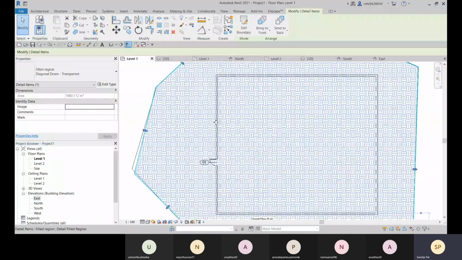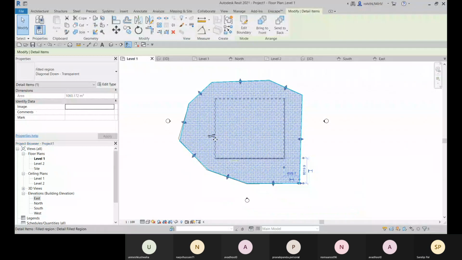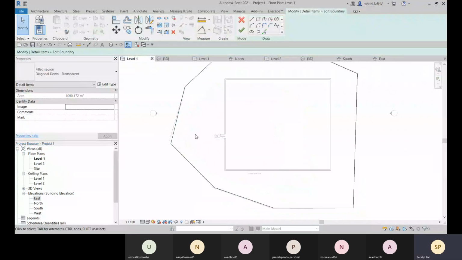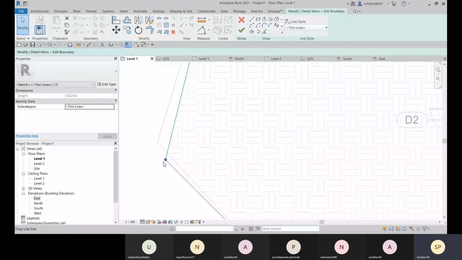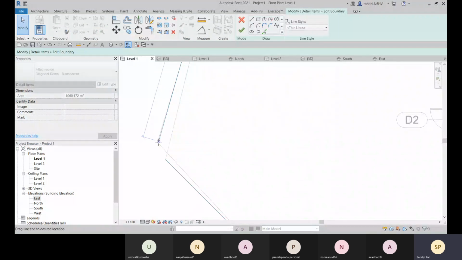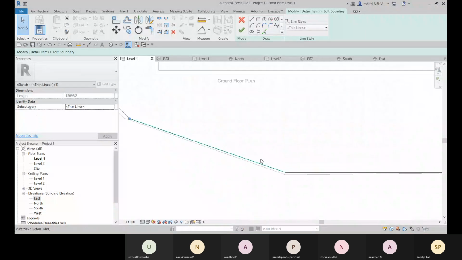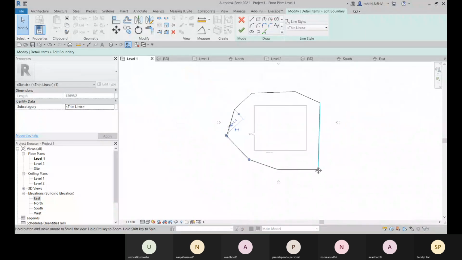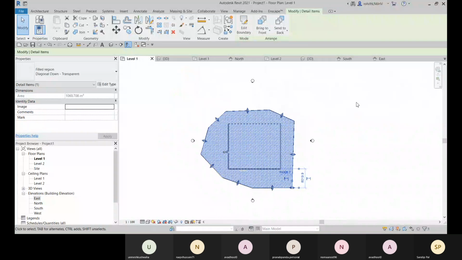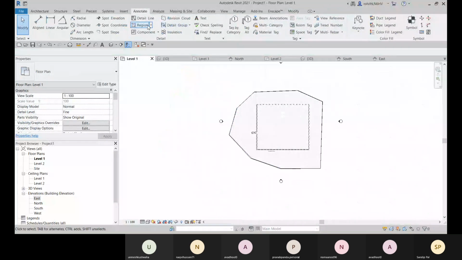Okay, so that is applied here. And again, you need to change the boundary, so you can go for it. So that is your region option.